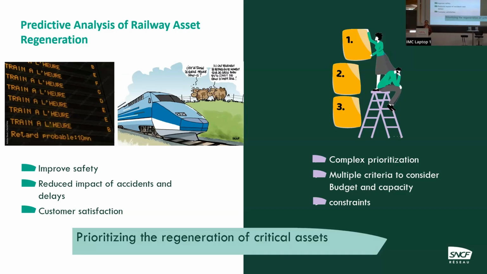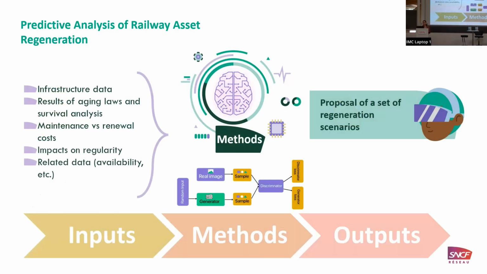Today, it's difficult to have this level of precision due to numerous criteria and constant evolution, but our methods can help us to predict and to prevent failures. So let me now walk you through the methods and tools we are using and explore how this works and the benefit it offers. First, for inputs, we need